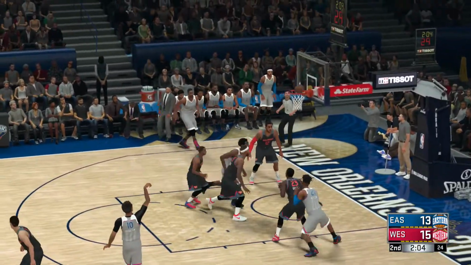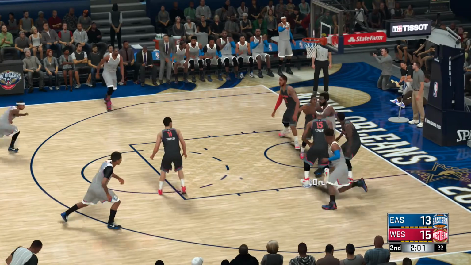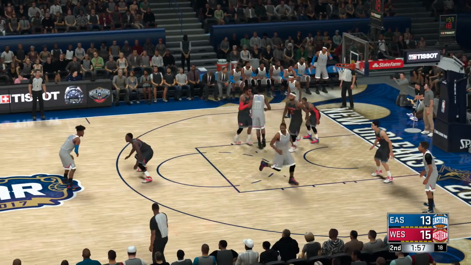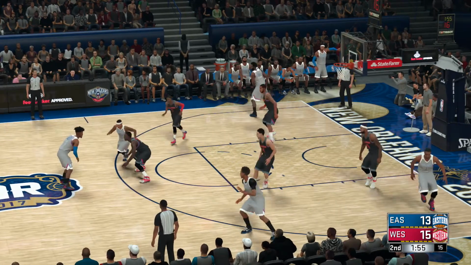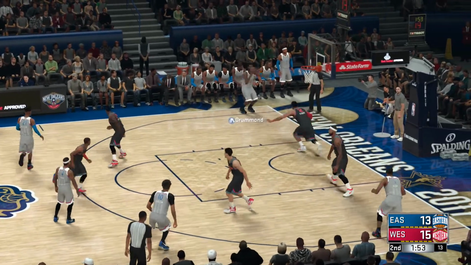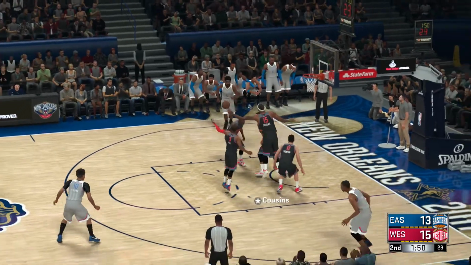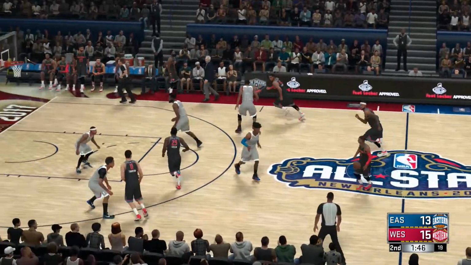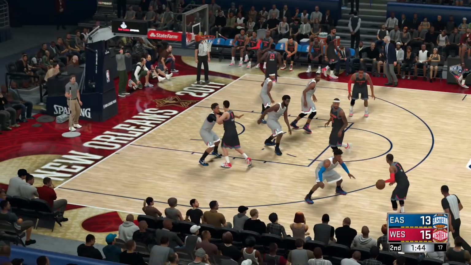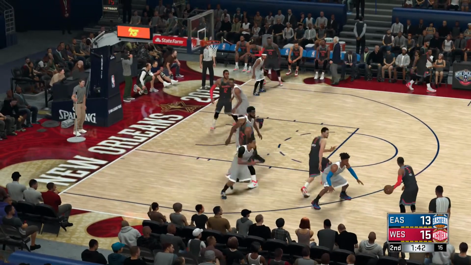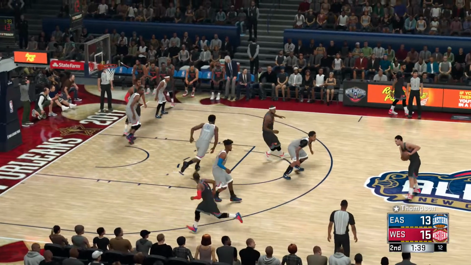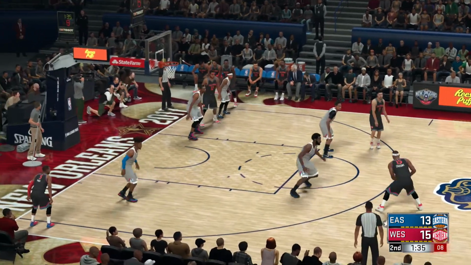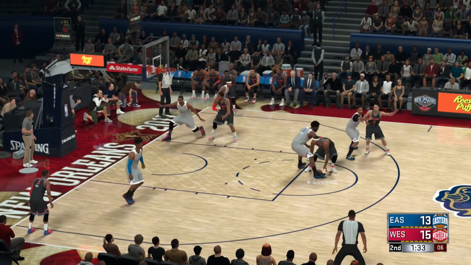Fires the three. They get it back. And Drummond kicks to Butler. Bosch, the screen. Back to Drummond. There's the three. West All-Stars with the rebound. Paul outside. The dish to Thompson. Cousins with a screen on DeRozan. Thompson passes to Cousins. Lock at 6.